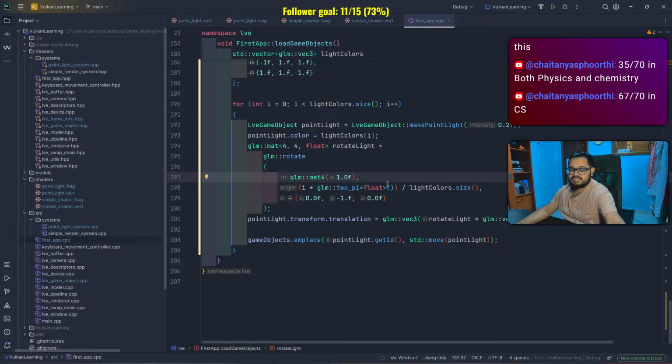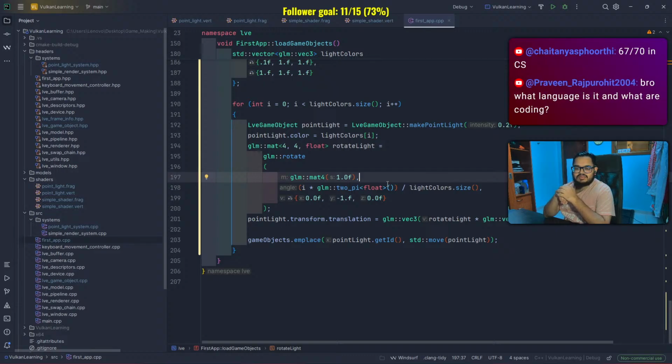67 out of 70 in CS is very good. Yeah, definitely focus on CS, but I think